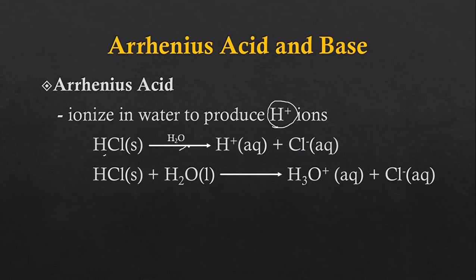If you dissolve this in water, it will dissociate to form hydrogen ion and chloride ion, okay? So, since kapag dinisolve natin si HCl sa water, nag-produce siya ng H positive, according to Arrhenius, HCl is an acid. Okay? So, yung other form yan, kapag in-include na natin si water dun sa equation, so, imbis na H plus yung nasa equation natin, we will have hydronium ion. We call this as hydronium